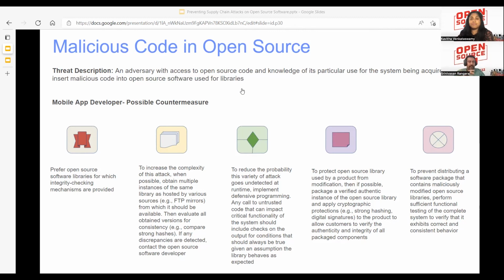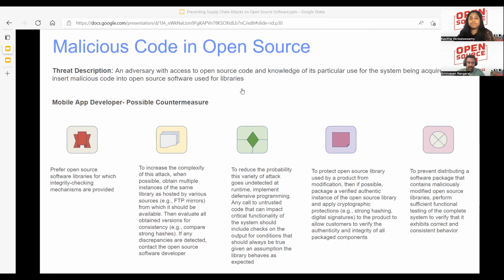So a developer who's pulling this information might misunderstand that this is the right repository, by a typosquatting attack. So the malicious code could become a backdoor. A vulnerable open source can be susceptible to zero-day. So I just want to call out the distinction.